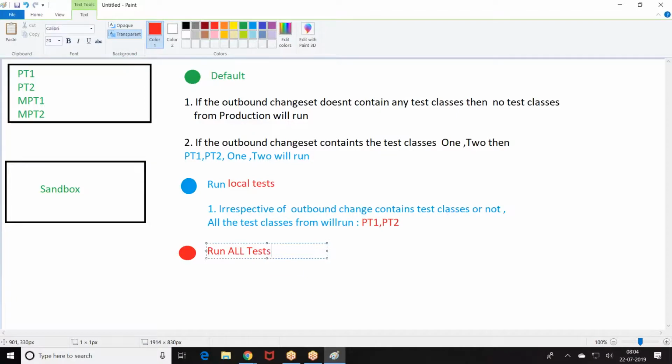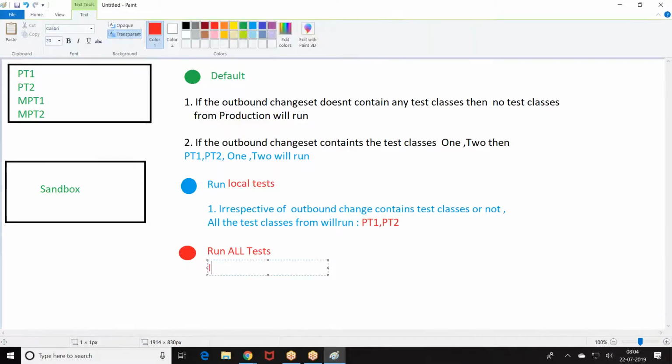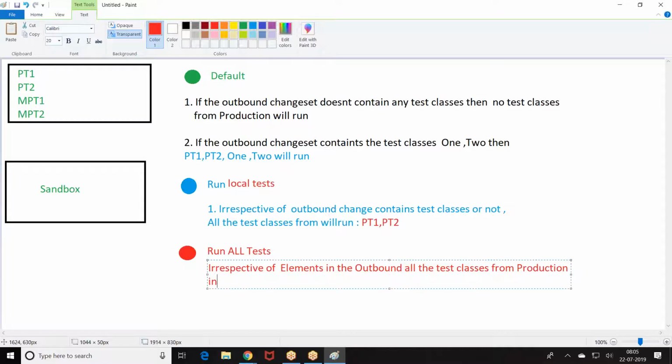If I say run all tests, irrespective of the outbound change set, all the test classes from production, including the manager package, will run.